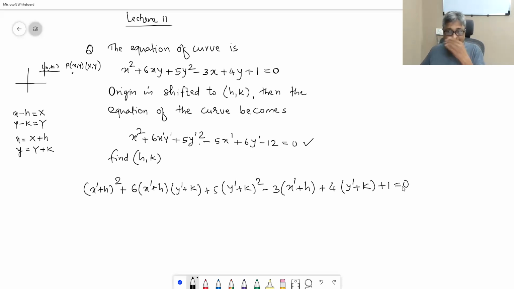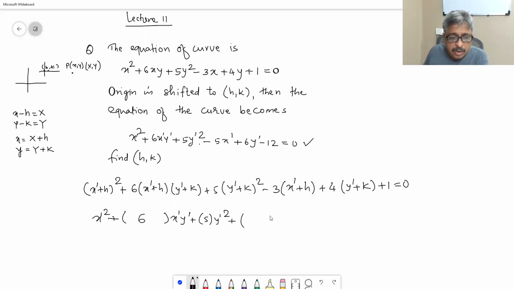Right? So let us combine the coefficients. X dash square can be generated only once. X dash square. Now what is the coefficient of x dash y dash? X dash y dash is generated here and that is also only once. Therefore the coefficient is 6 plus